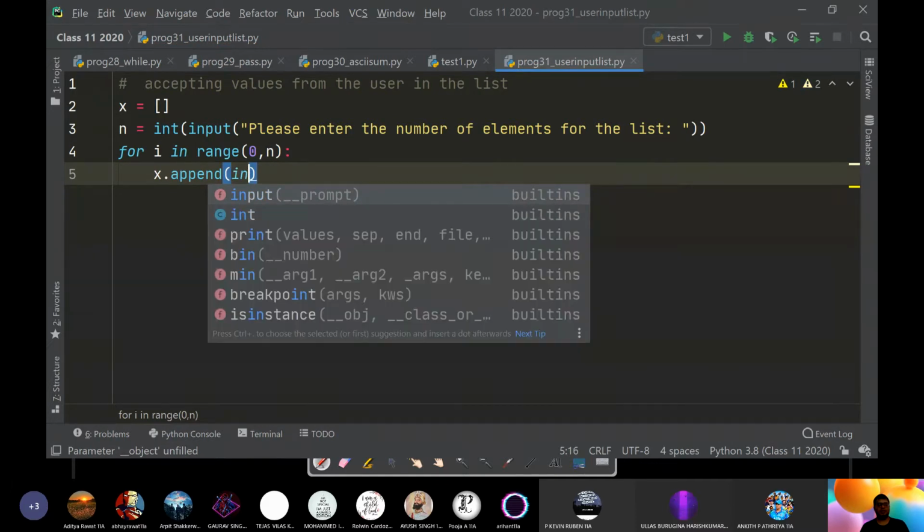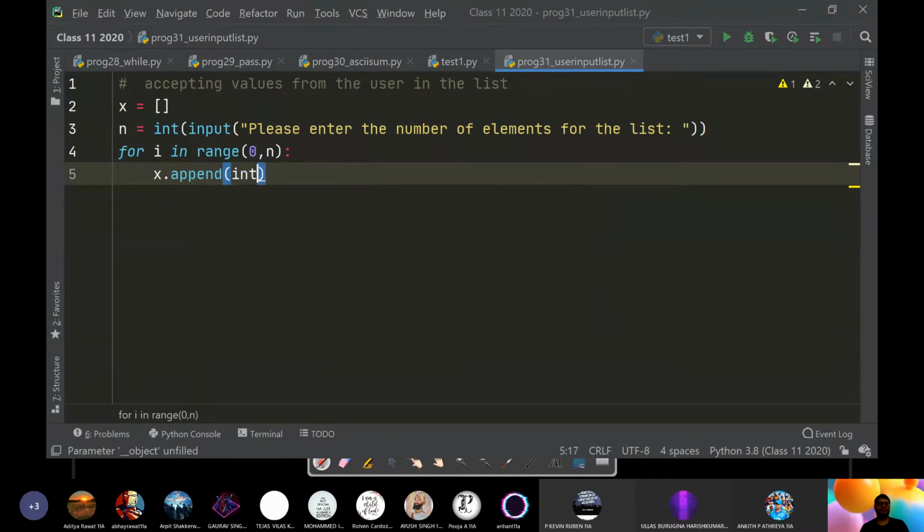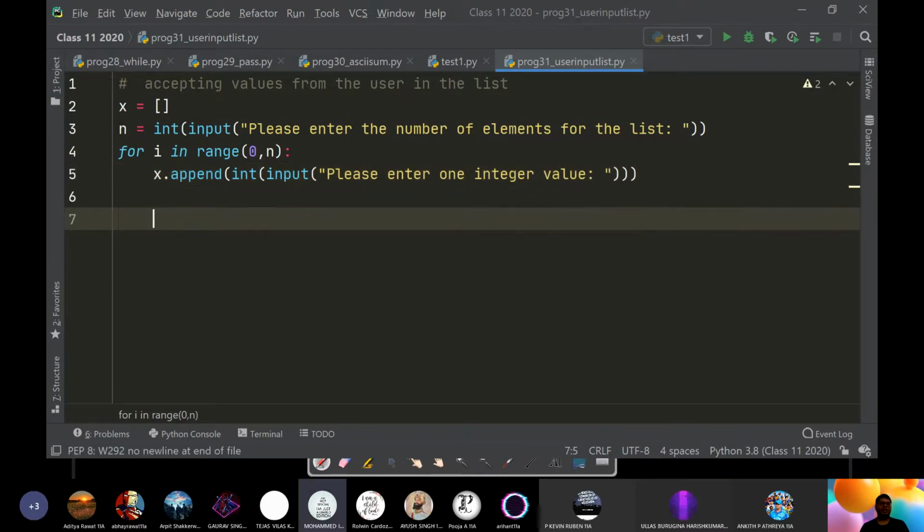Let's say I want integer inputs. Input, please enter one integer value. Take it, and then I will print the list.